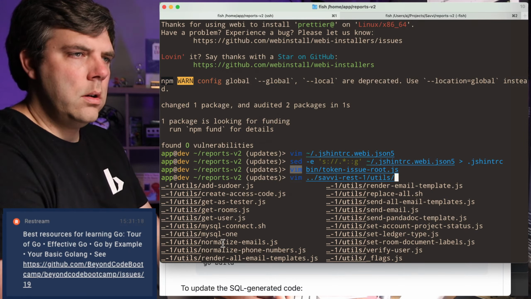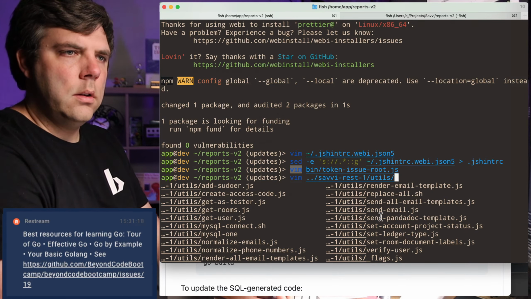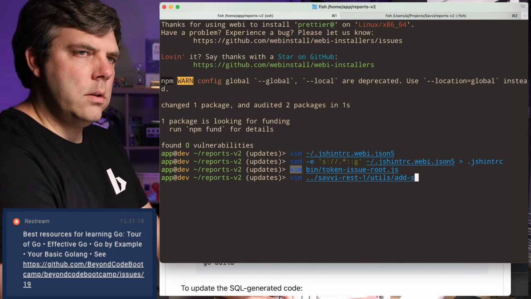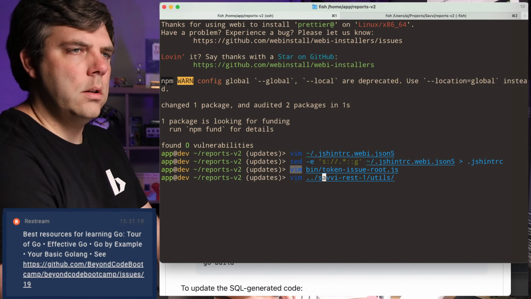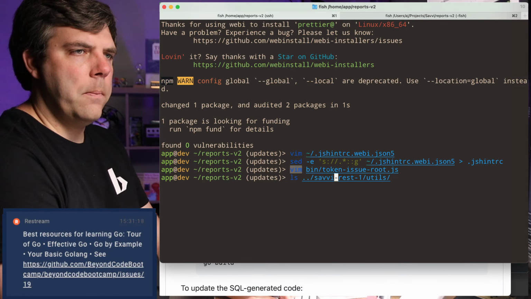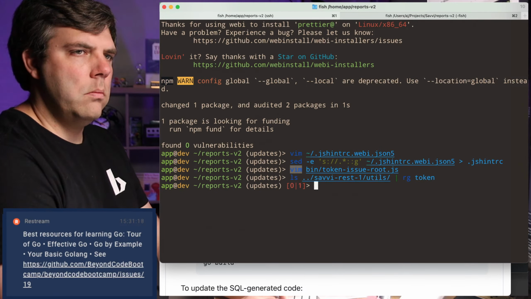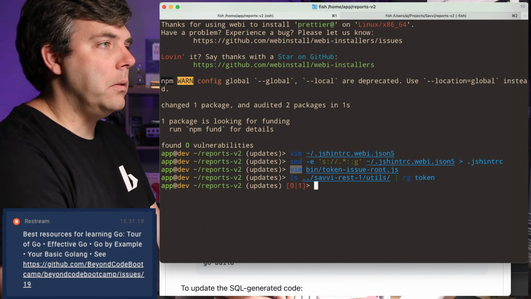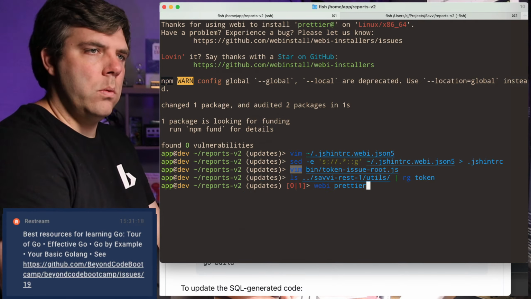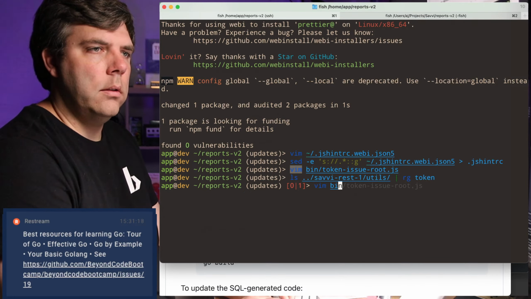Add sudoer. No. Normalize. Verify user. I don't have anything about tokens in there? Seriously? I thought for sure I would have this. Alright, well, so it is. So good thing I'm doing this.